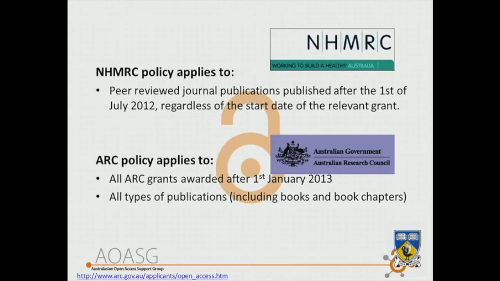Okay, so I won't dwell on this too much, but you'll know, of course, that the NHMRC and the ARC have supported green open access. Looking at the Australian context compared with the UK and the US, in the UK the funders have made policies around gold open access, but in addition to the biggest funders there are also a number of very small funders of research, and they have been variable in their uptake of open access. And in the US, it's all a complete mess, I think it would be fair to say. There are huge fights going on between the publishing industry and the granting bodies and such like, which has led to real confusion about the route going forward. In Australia, it's been pretty straightforward and largely driven by these two big funders.